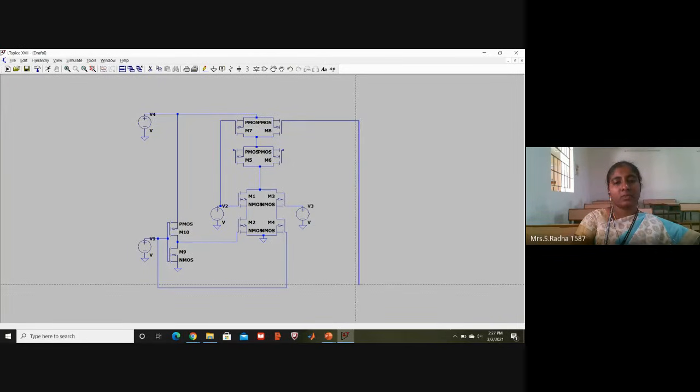Now D1: for the first transistor, I should give D1 input, and this side I should give S. S means before the inverter it is S. Okay.